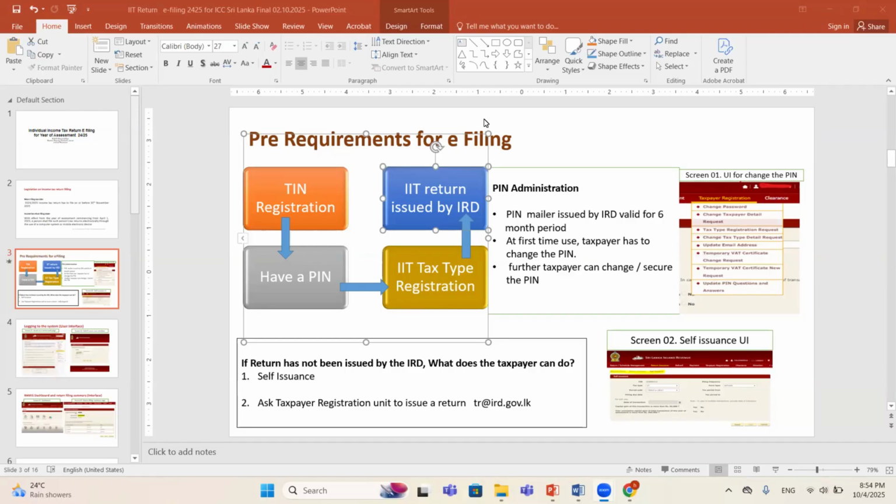The PIN issued by the IRD used to expire within 45 days, but now it has been extended to a 6-month period. So the PIN issued by the Inland Revenue is now valid for 6 months. Further, before this expiry, what does the taxpayer have to do? Taxpayer has to